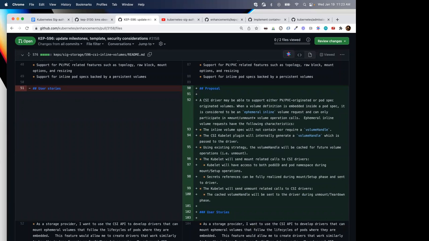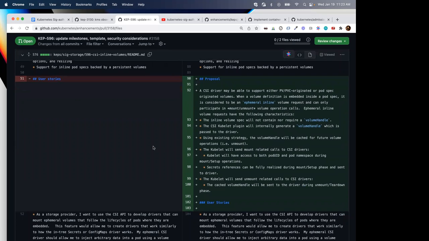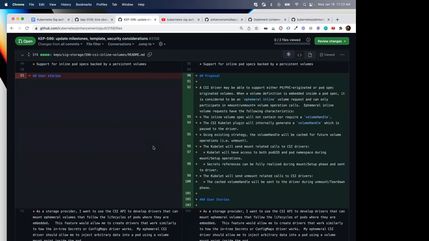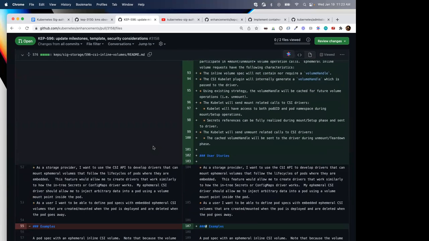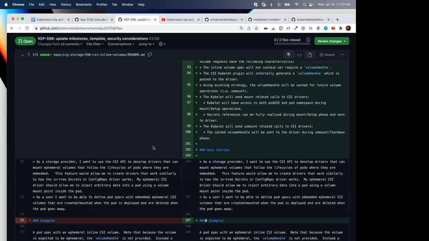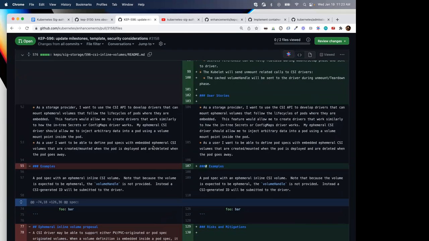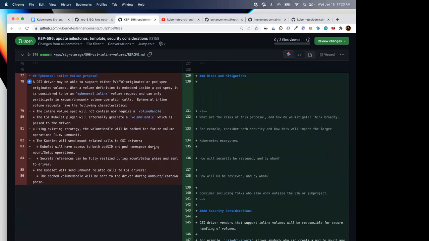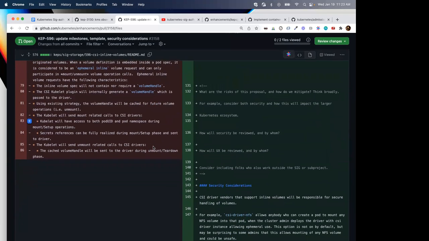Now it has a security consideration chapter somewhere that basically copies the stuff that is in pod security standards about inline CSI volumes, that they should be used for ephemeral volumes, and risky inline CSI drivers should use third-party admissions and so on. So we definitely plan to document that.